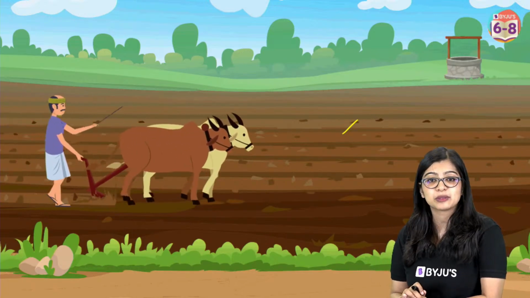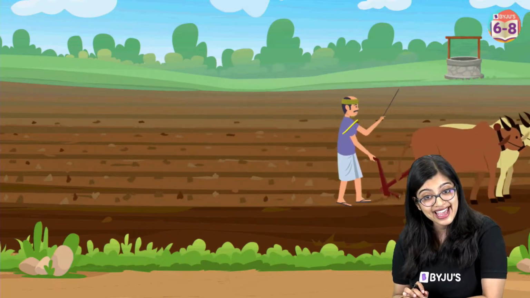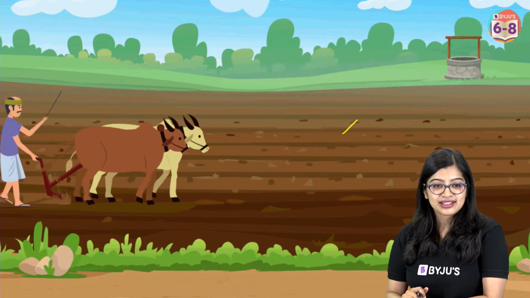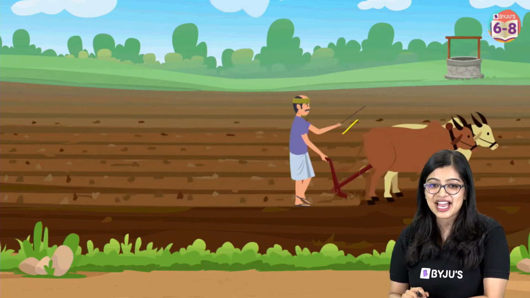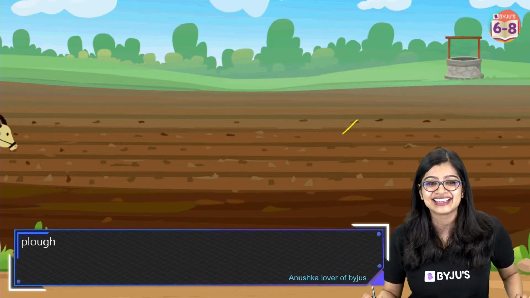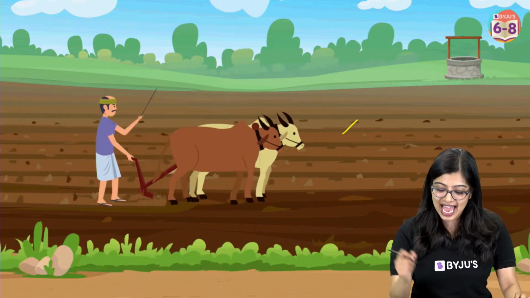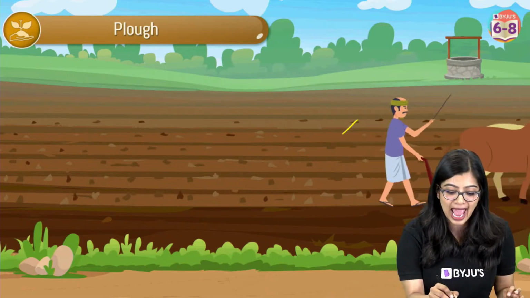Yes, earthworm helps in ploughing and tilling. Friends of farmer, wonderful. Yes, Jaspreet, earthworms are used for vermicompost. Wonderful. Yes, by tilling and ploughing. You guys have all got it. Yes, Naina, plough. Very good, Anushka. Very good, Sonali. Very good, Ajay. Very good, Gungun. So exactly that is what it is. It is a plough, or he's using an agricultural tool here, which is plough.